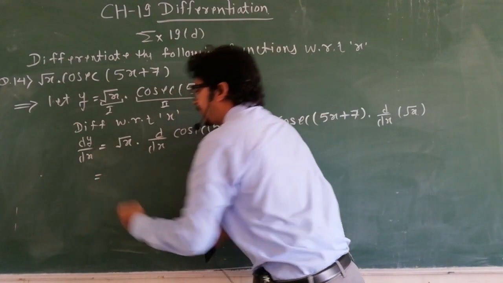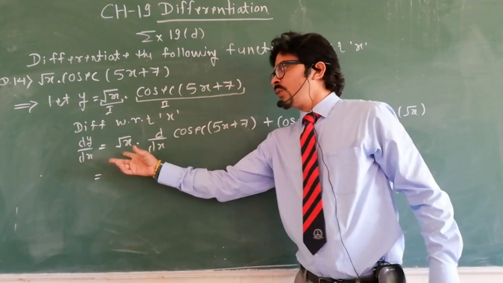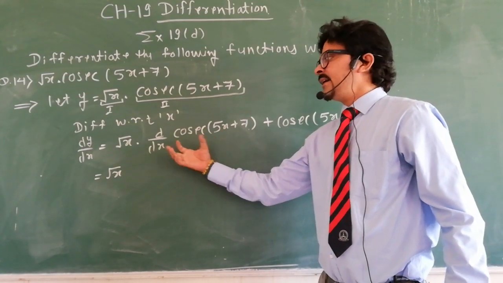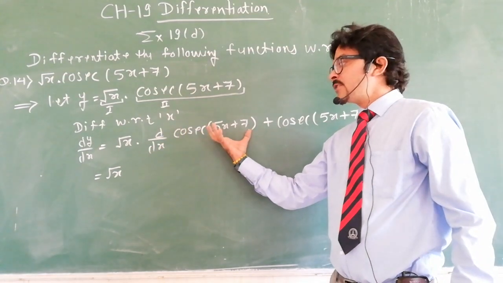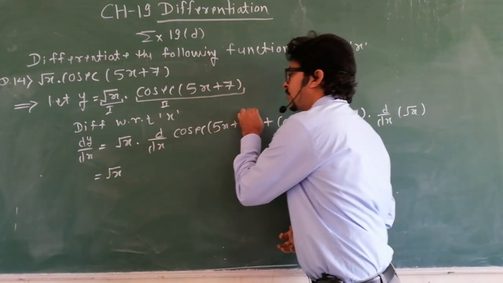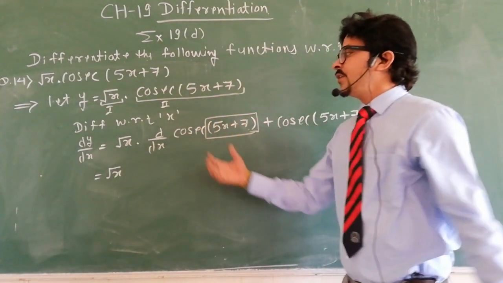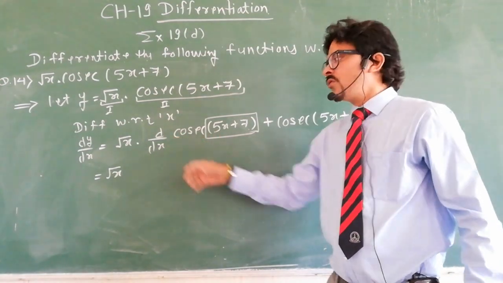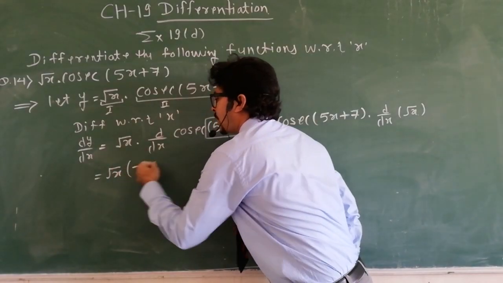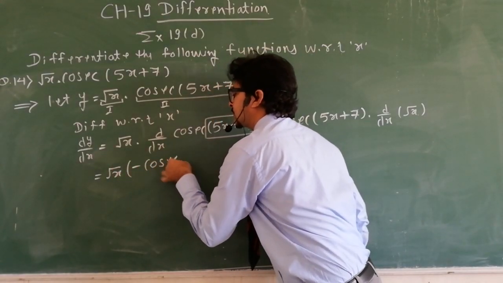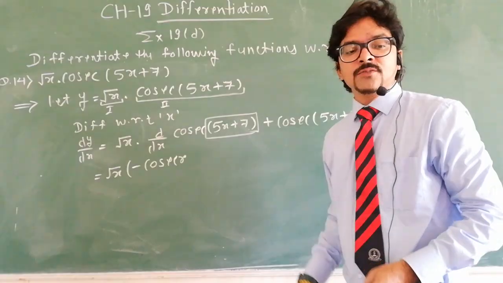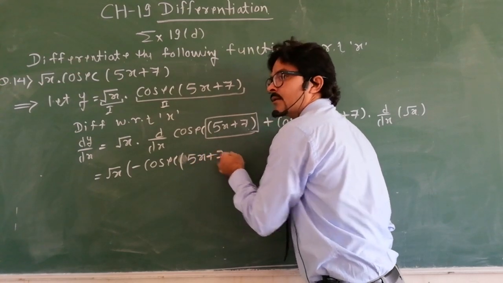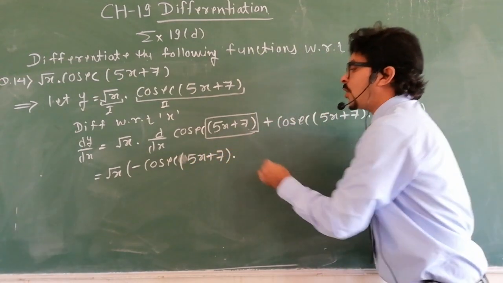After writing this, we need to differentiate step by step. On the first term, root x as it is, there is no operation to perform, so it stays root x. Now we see the derivative of cosec of this bracket. Here again we need to apply the chain rule. We know that the derivative of cosec x is minus cosec x cot x, because the first letter is c. So the derivative will be minus cosec x, in place of x write this bracket 5x plus 7, into cot x,